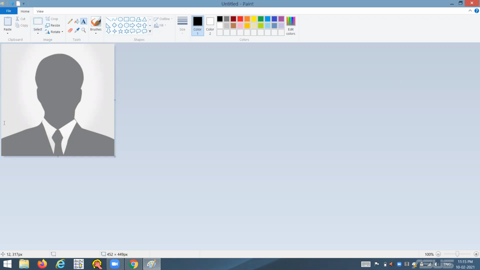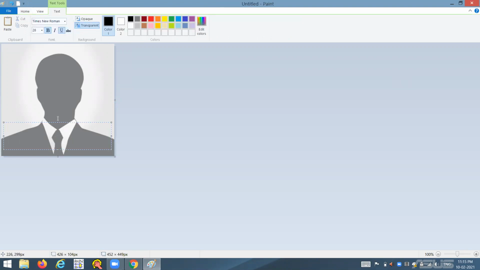click on this, then drag here, then you can write your name. Let us consider I am going to write the name John Kennedy. Okay, now if you want to remove this underline, select this, and here, click on U, then you are going to remove the underline.